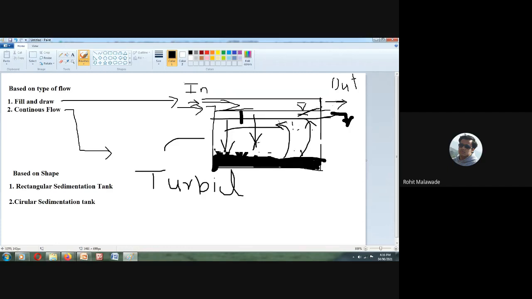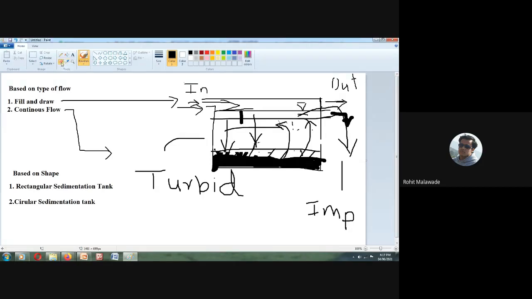Again, you are going to get impure water at the outside if you do not remove the settled particles. So whenever you are going to allow the fresh water inside, you need to remove the entire sludge that has settled down at the bottom, or else the problem will remain the same, and in the end you will be getting the impure water itself.